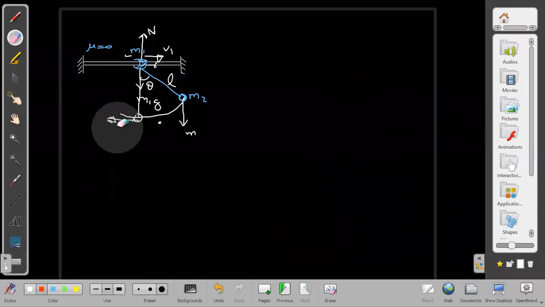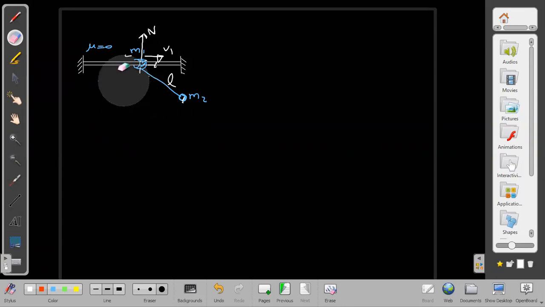And this time, first of all, from where should we release it? If you want to take the most general case, I will release it at an angle alpha, and then finally it will be making an angle beta. That will be the most general case which we can do. But this time I'm making it simple. Let us release it from the horizontal position. The string was initially kept like this, and then it was released here.